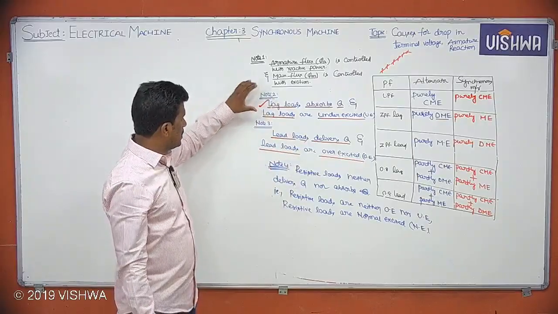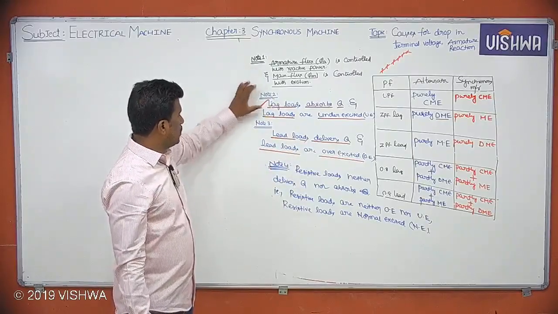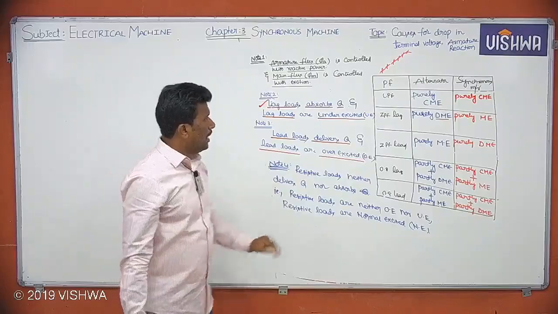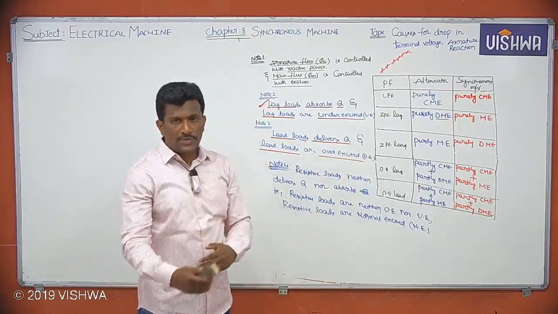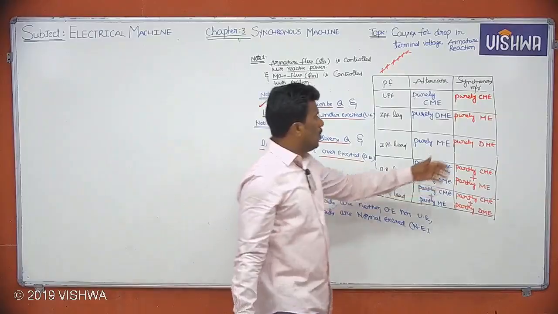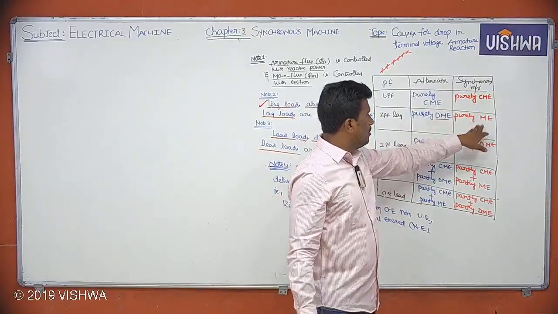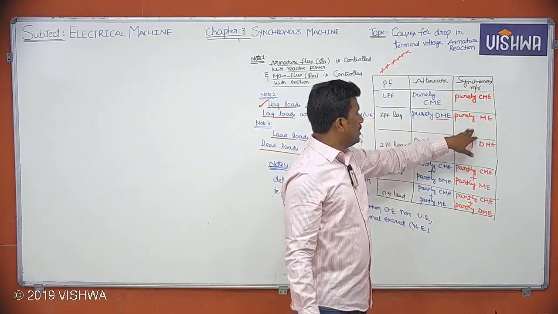By using these statements, note 1, note 2, note 3, note 4, and this table column, I'm going to explain in the next session how I get purely ME in a synchronous motor, whereas in an alternator